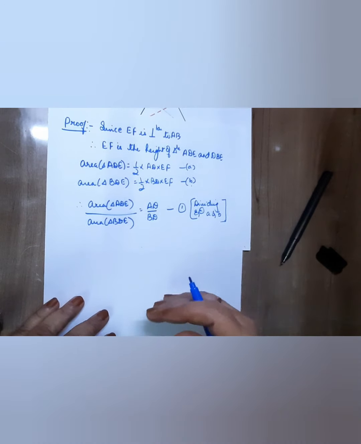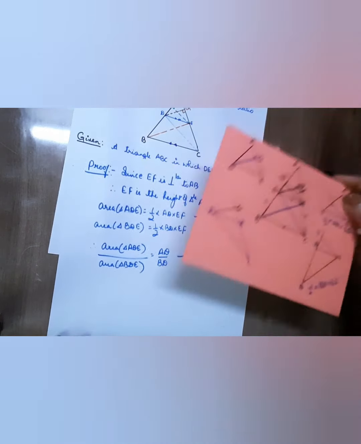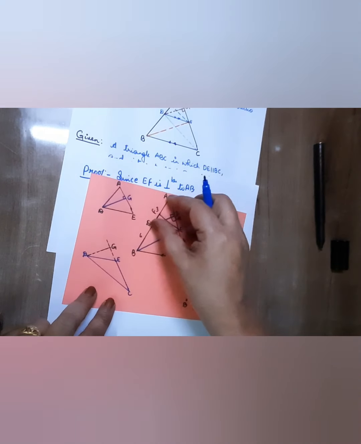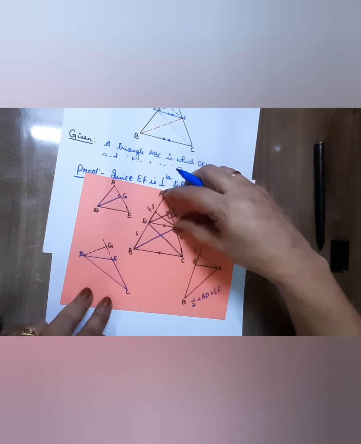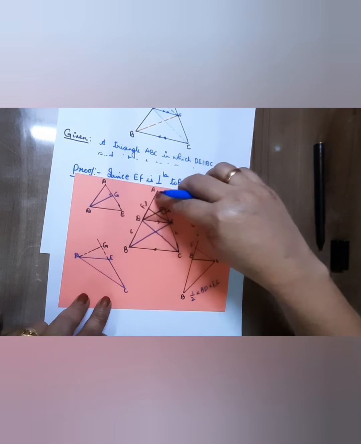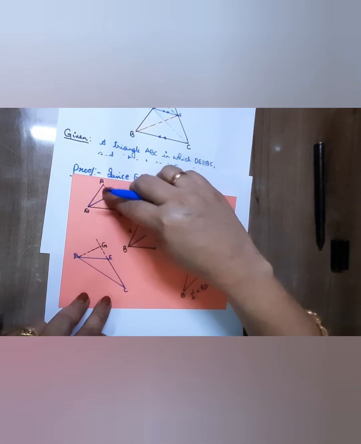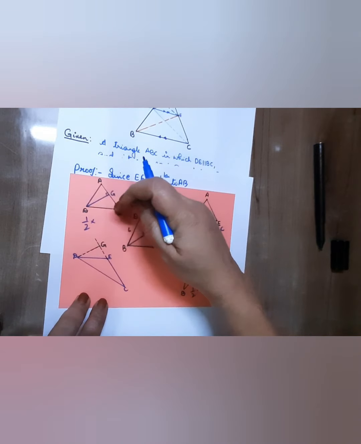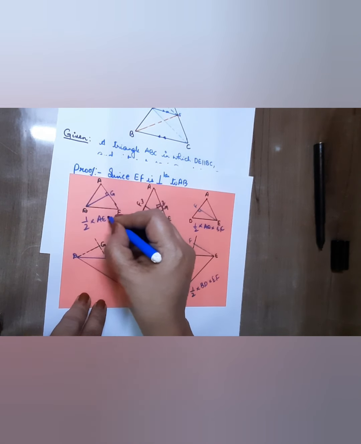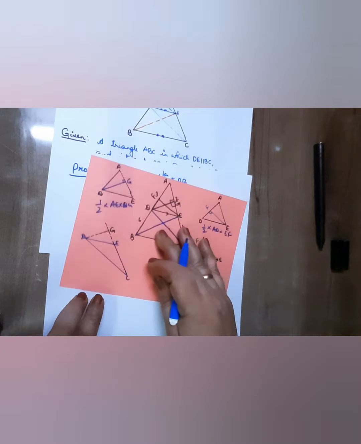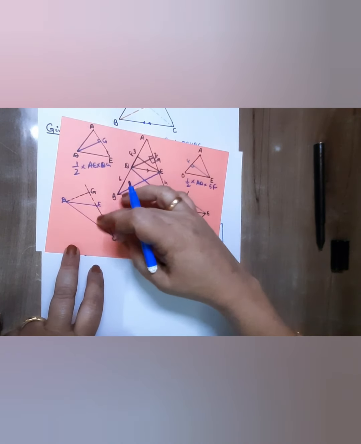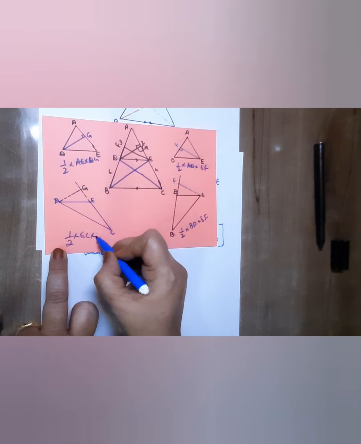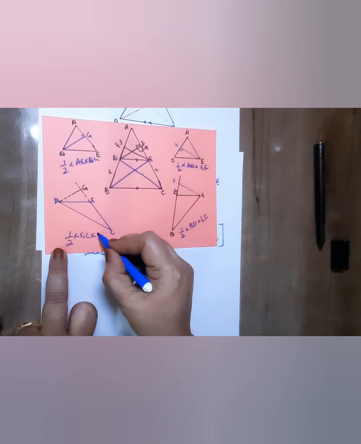Now moving on with the second one, for this side we got AD by BD. Now we need to get AE by AC. So we will see that in this triangle ADE, DG is the height. So you will get half, corresponding base AE into DG. On the same side we need EC. So here it is EC, and you will get area half EC base DG, with DG the obtuse angle outside height.